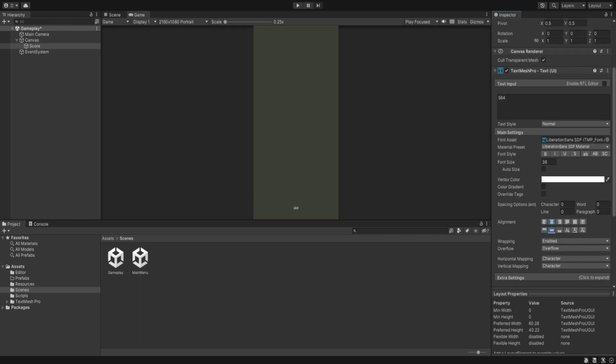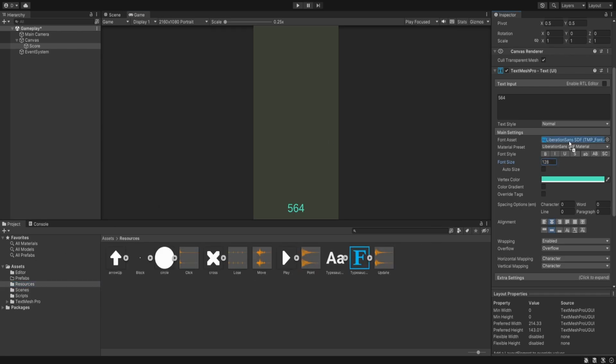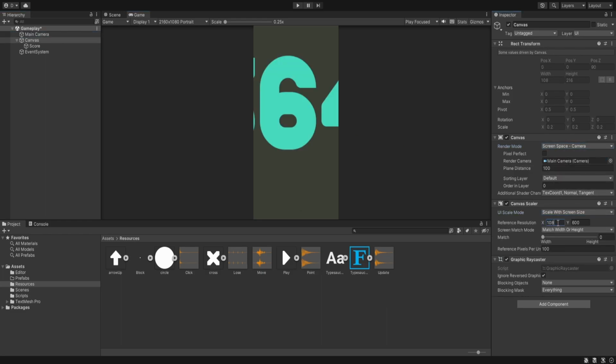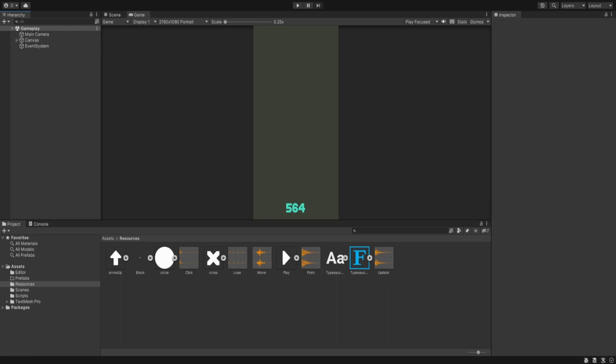Let's have it aligned to the center, and we'll set its color to be the blue color, and let's increase the font size to 128, and finally we'll set its font to our type source. So as you can see, we can see the score below, and let's set up our canvas. So have its screen space camera, constant pixel size to scale its screen size, 1080 by 2160, and we'll have it match the height. So that was our UI, and after that we'll need to create 4 boundaries